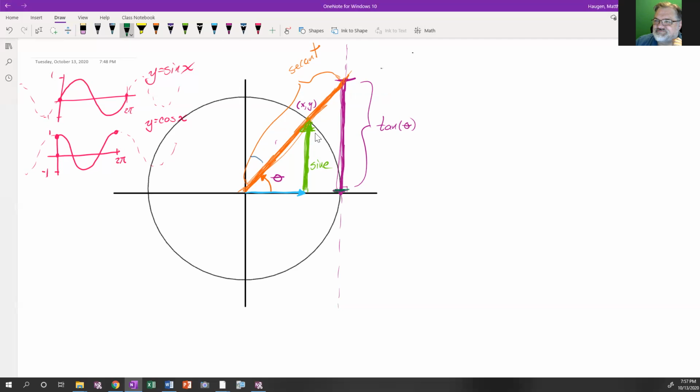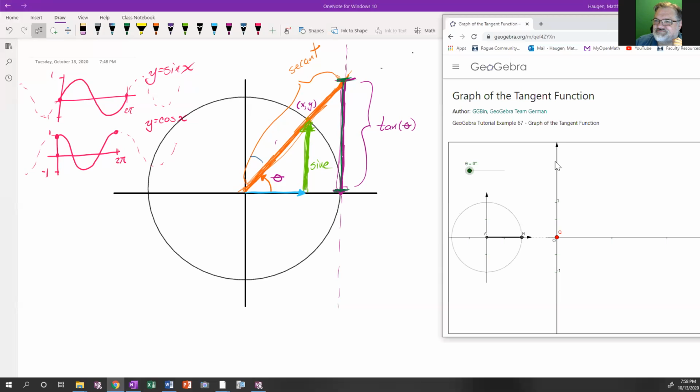So again, one of the ways to visualize what the tangent value is, yeah, we could just calculate the ratio between y and x as we go along the circle. But if we want to look at what the graph is, it's actually kind of handy to look at that physical representation. So for example, if I've got my circle here and I force this to go through an angle, you notice that this length here,